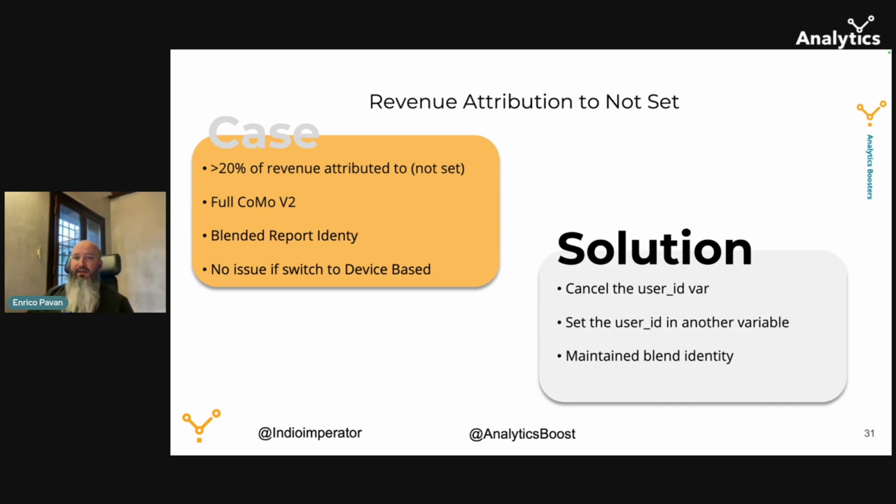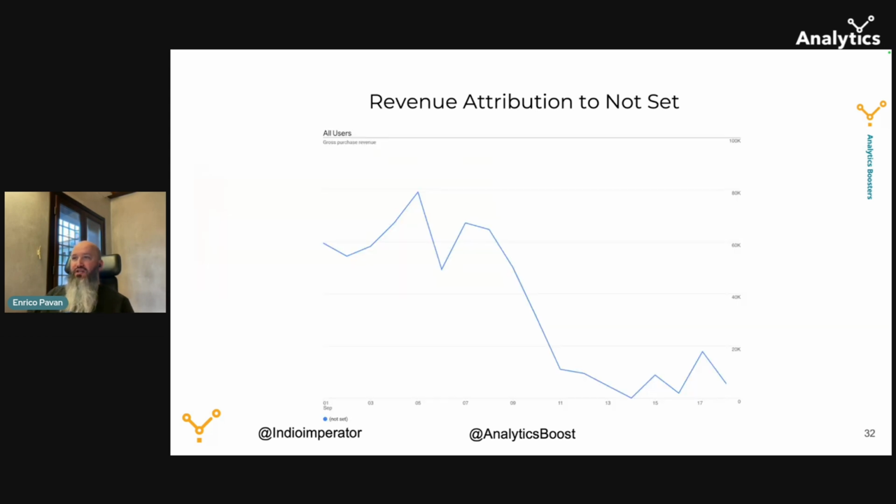Using these 3 types of fix, we got a reduction from near 80K gross purchase revenue to 5 to 10K revenue attributed to the not set.